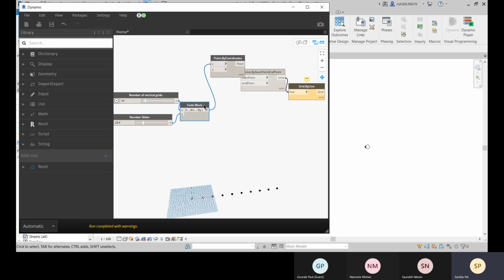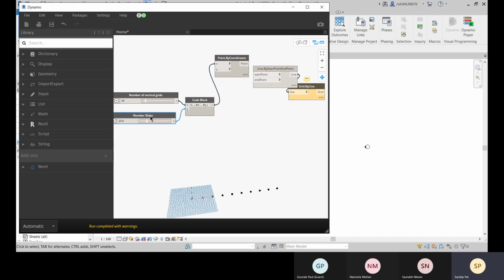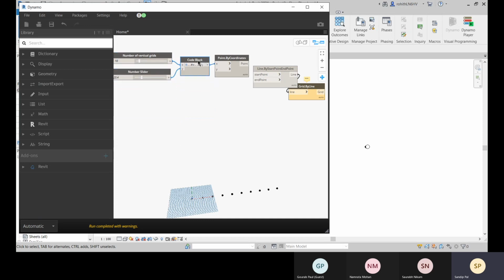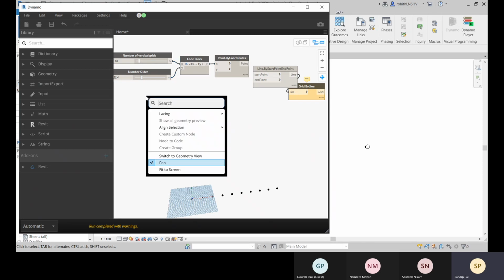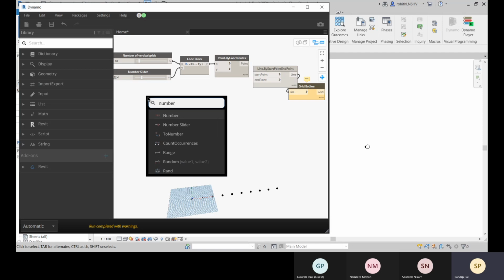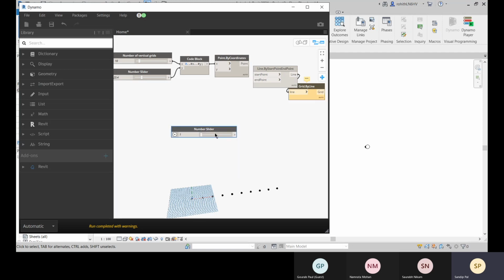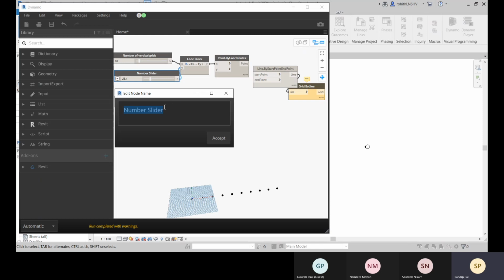So we will connect another point. So for that, let me create another one and place them, and let me create another number slider. So for this, let me name this.